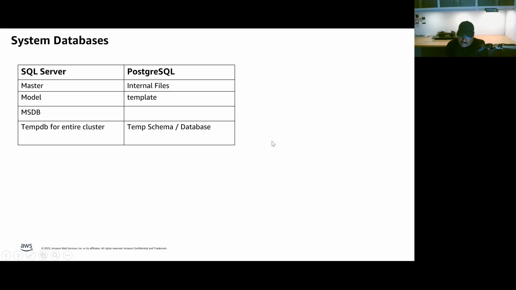Postgres stores all system related metadata at the internal file level, and it exposes this metadata to all these databases. The model database in Postgres is called template, and there is no MSDB because there is no SQL Server Agent. And for tempdb, in Postgres, the temp schema is at the database level, not at the cluster level. So for each database, there is a temp schema in Postgres.